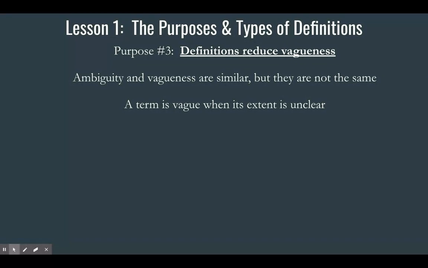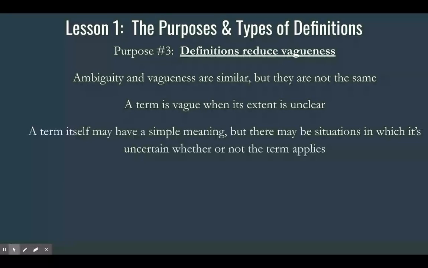Now, when she hears soon, what does she think? Like 5 minutes. But I may mean like another hour or 2. Soon could mean an hour or 2, or it could mean 5 minutes. But if the word is vague, we don't know which one it is. And if I show up 2 hours later when I told my wife I'll be home soon, she's going to be really mad. And I'm going to say, well, I didn't tell you I'll be home in 5. I said soon. That's a vague word. Definitions can help us reduce vagueness. So, for example, if I said I'll be home soon, what question could my wife ask? How soon? Give me a time. I'll be like, oh, 2 hours from now. Now, she may not be happy with that, but at least she knows when I'll be home.